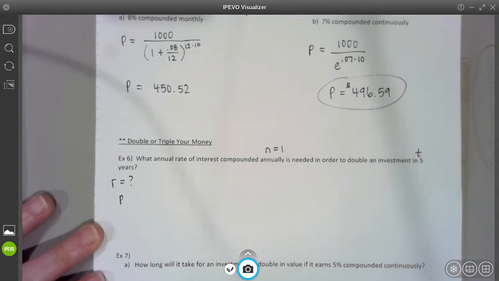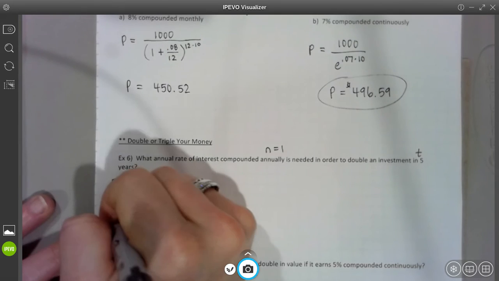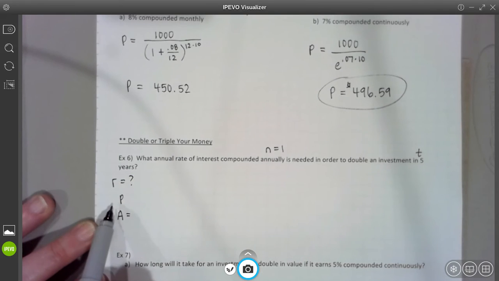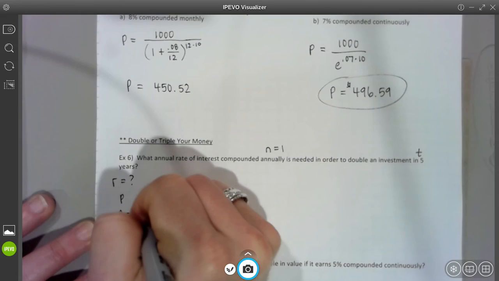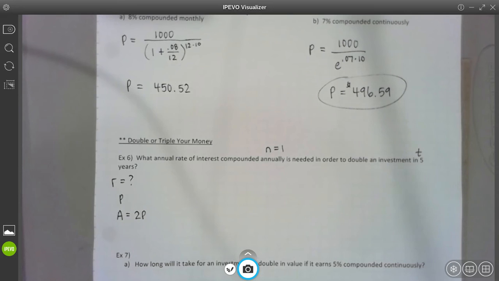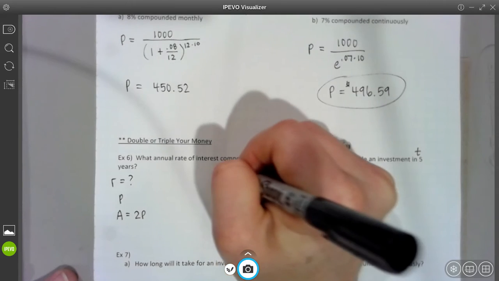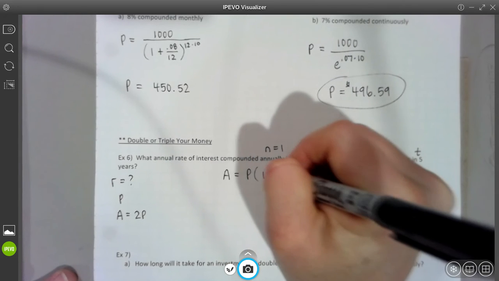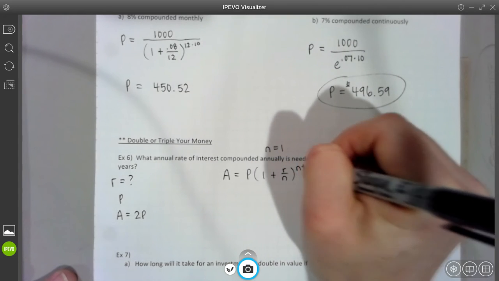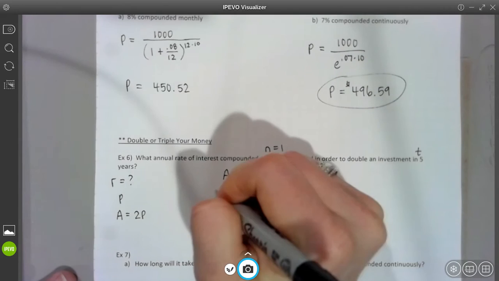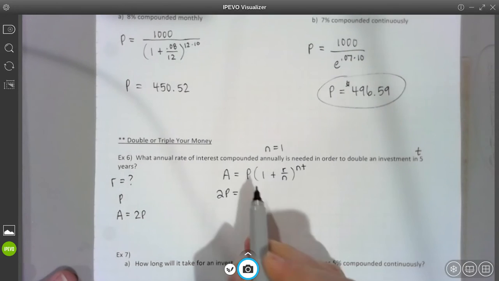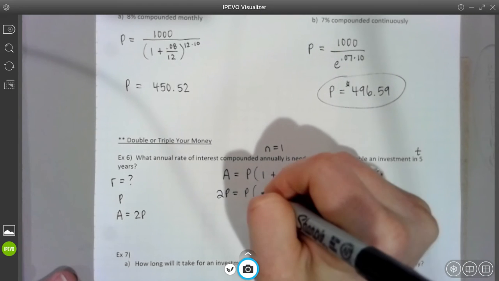All right, well, guys, think about it. You start with P, right? That's your principal, that's your start money, that's your present value. You want to end up with A being double that. You want A to be 2 times that. So you want your end investment to be 2 times P, 2 times the initial, 2 times the present value. All right, so guys, plug everything into your actual compound interest formula. So this was compounded annually, so we're going to use this formula. And we want our end investment to be 2P, equaling our present value, which is P, times 1